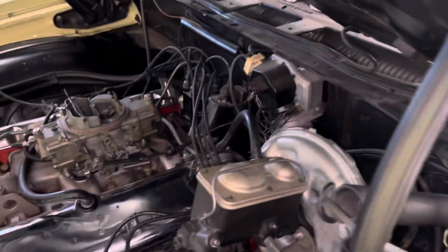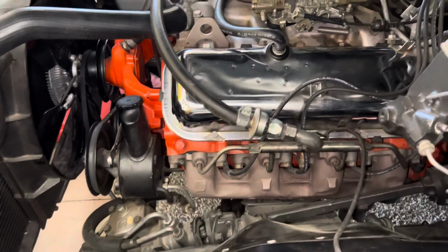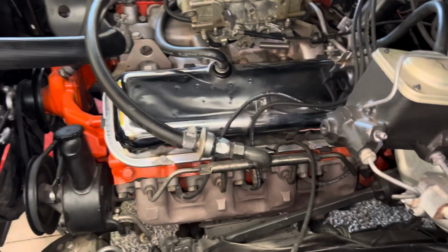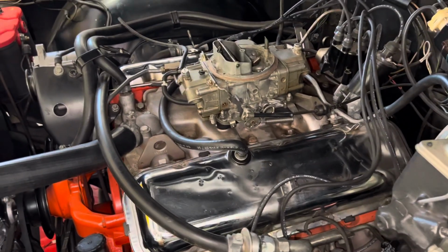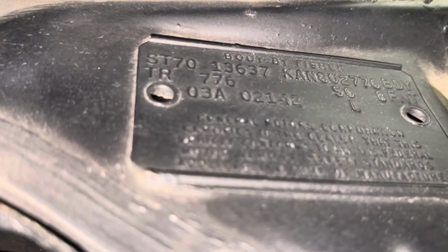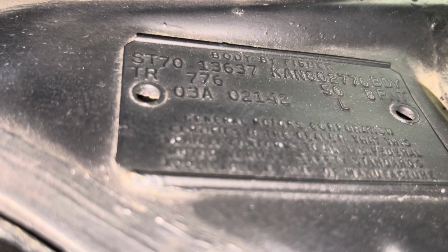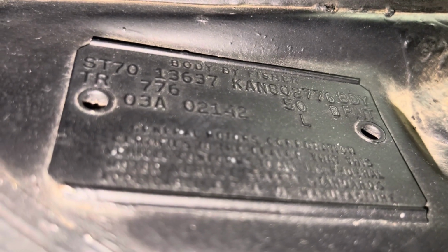Let's do a little rundown of the cow tag, which I always do. You also see this has the later version of the smog. You know, the early version in the '69 come out further. This has the later version on a March of '70 built LS6. Okay, let's see. We got 13637 and 70 for 1970, the two-door hardtop. KAN for Kansas City, Missouri. Let's see if I can focus on this body number. Hard for me to read. I believe that's